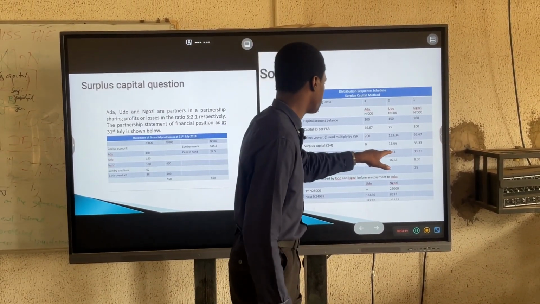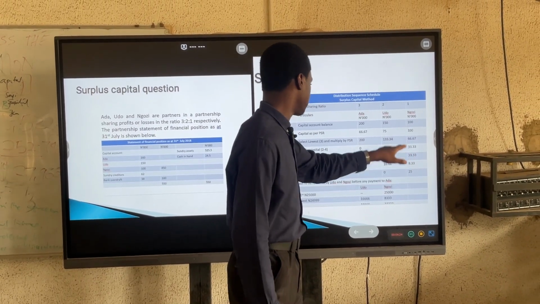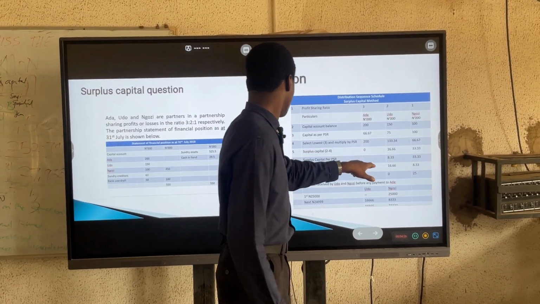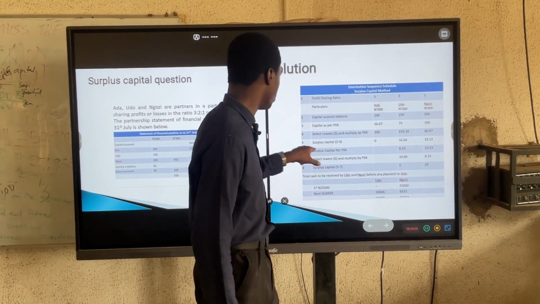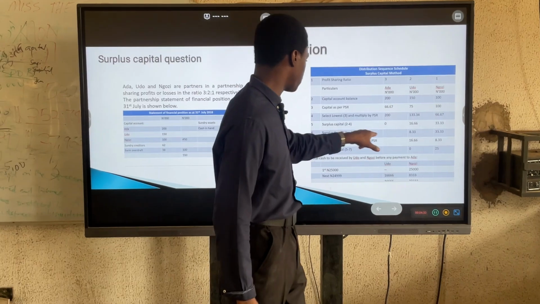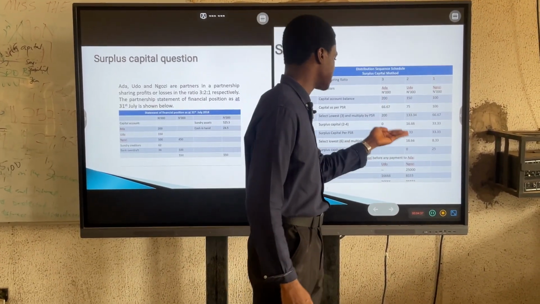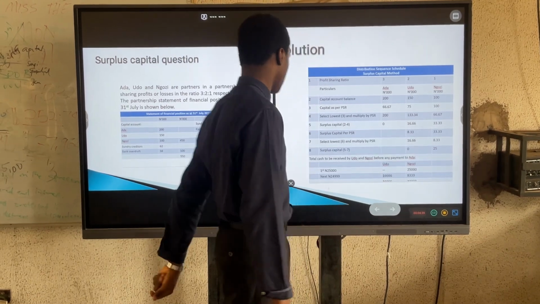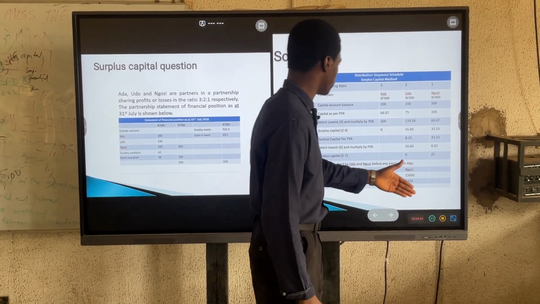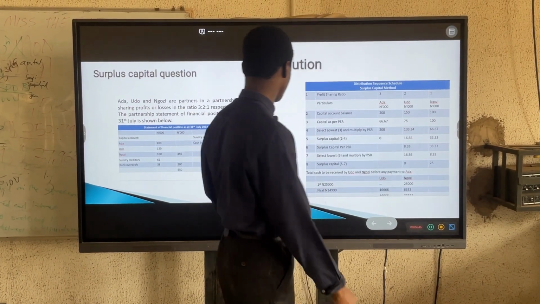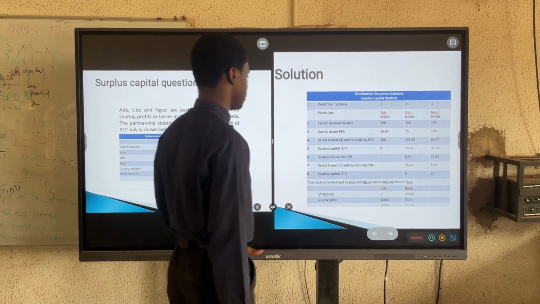So you do this multiplied by what? This, and then 33.33 multiplied by 8.33 multiplied by 1, because what we are expected to do here is pick the lowest in the surplus among the surplus capital, and then you multiply it by their profit sharing ratio, and that's how they got 16.66 and 8.33, and then you get the surplus capital. So at the end we have what? 25,000. And then they said the total cash should be received by Udo and Ngozi before any payment to Ada